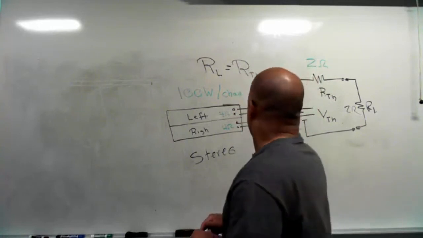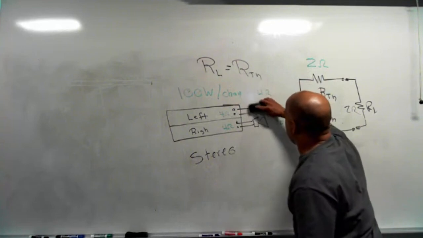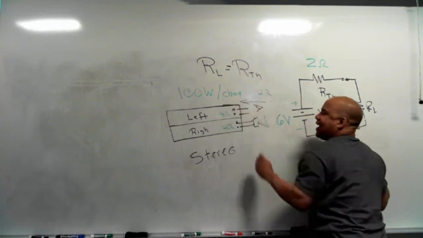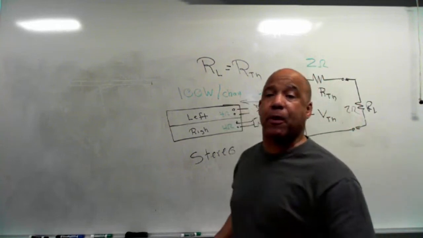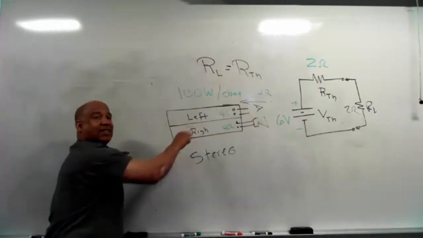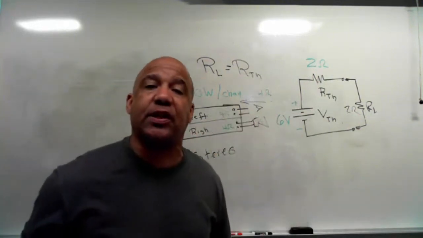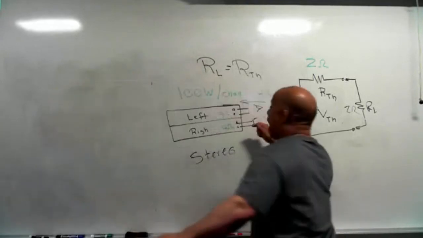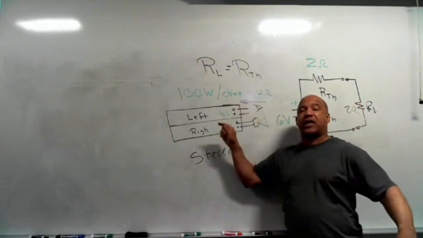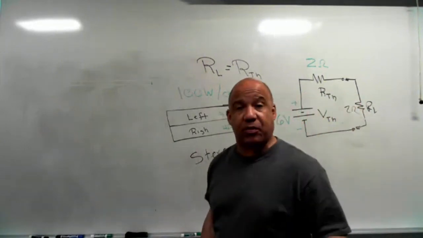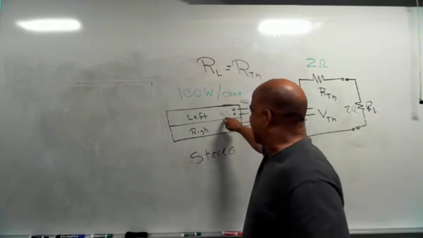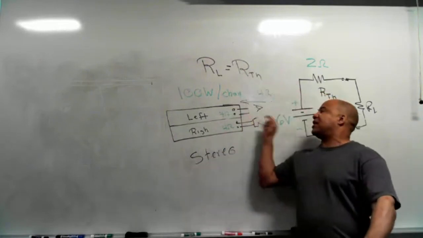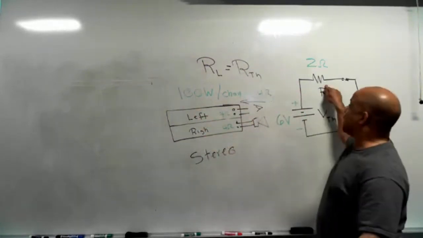Here's what they were really saying. What they're saying is, if you took the speaker off of here, and you can look back into the output of that amplifier, you can see in the output and look at the resistance. Now remember, when you look into the input of something, that resistance is called the input resistance. It's called the total resistance. It's called the equivalent resistance. That's the resistance that the power source sees. But when you look at the output, that's the resistance that the load sees. That's called the output resistance or the Thevenin resistance. So by putting that little sticker there and saying 4 ohms, what they were really saying was the resistance looking into the output of an amplifier, this resistance,